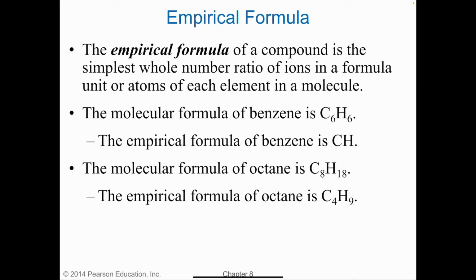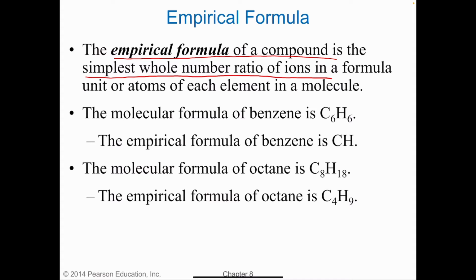In this video, we are going to talk about empirical formulas, molecular formulas, as well as percent yield, actual yield, theoretical yield, and limiting reagent. So the empirical formula for a compound is the simplest whole number ratio of ions, atoms for each element in